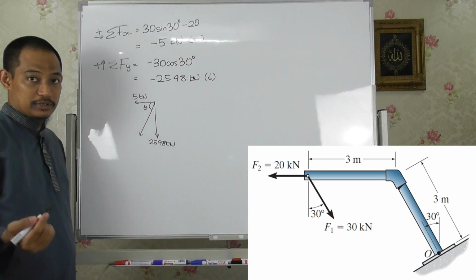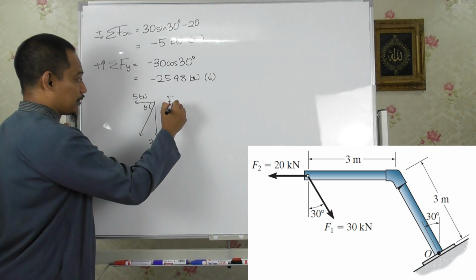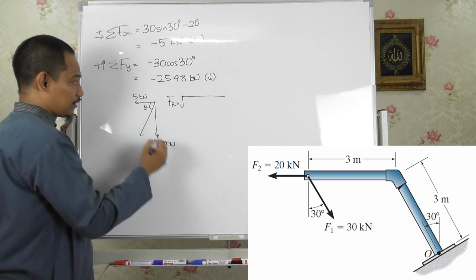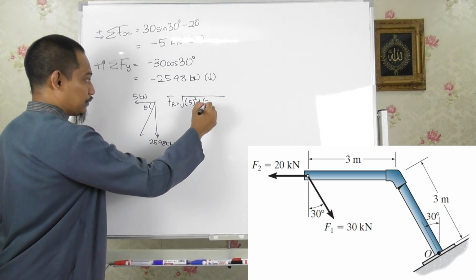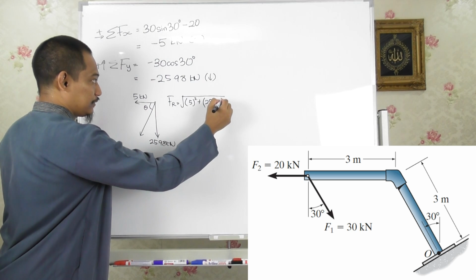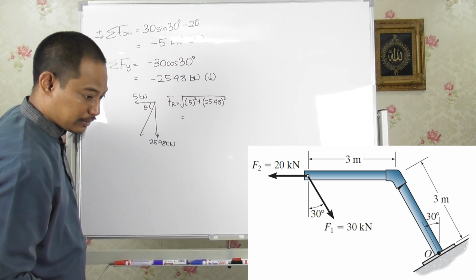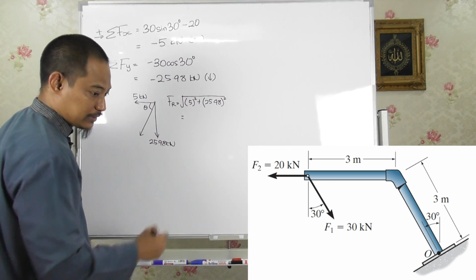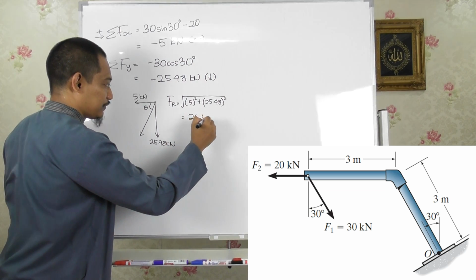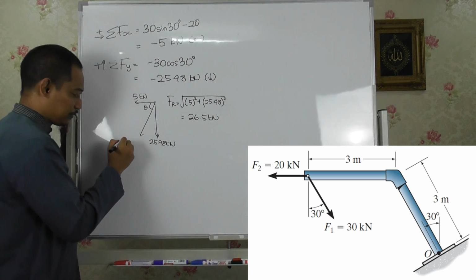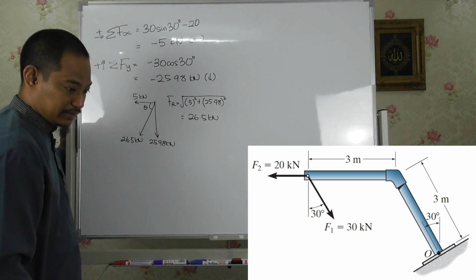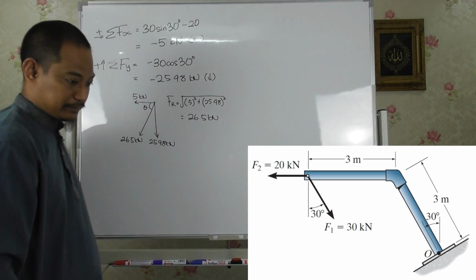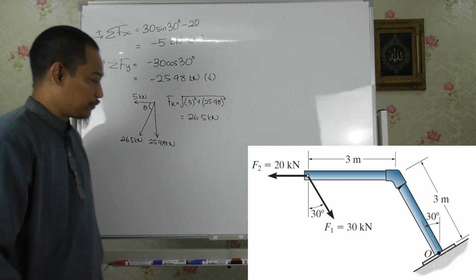Of course, you should know already how to get the resultant. Using Fr, so 5 square plus this one 25.98 square, you should get an answer of 26.5 kilonewton. So here is 26.5 kilonewton, right? And the angle, if you calculate, you will get 79.1